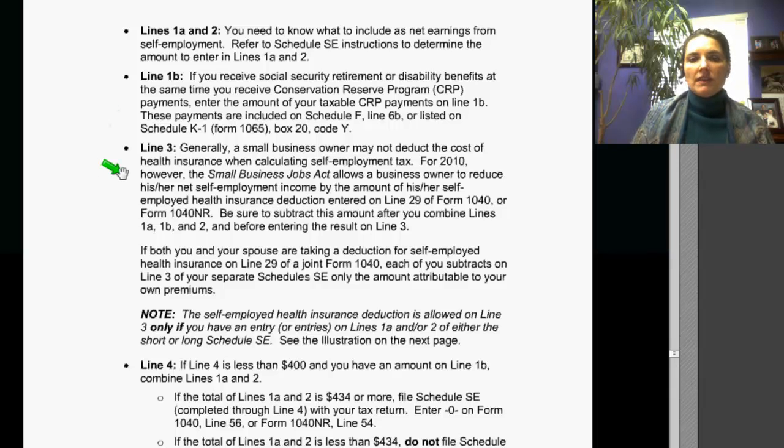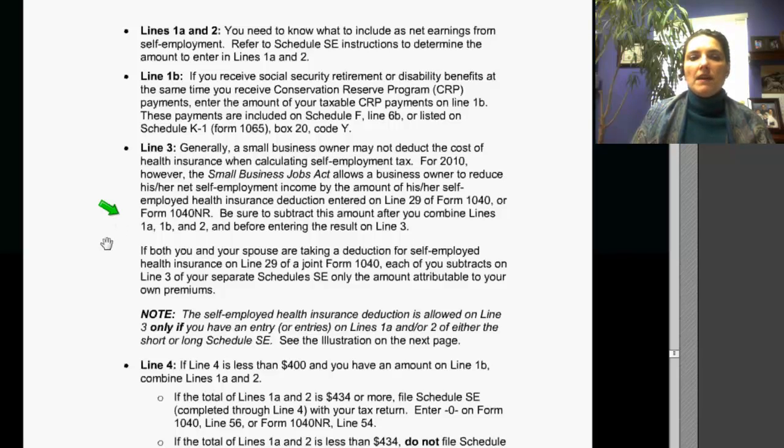Line 3. Generally, a small business owner may not deduct the cost of health insurance when calculating self-employment tax. But for 2010, the Small Business Jobs Act allows a business owner to reduce his or her net self-employment income by the amount of his or her self-employment health insurance deduction entered on line 29 of Form 1040 or Form 1040-NR. Be sure to subtract this amount after you combine lines 1A, 1B, and 2, and before entering the result